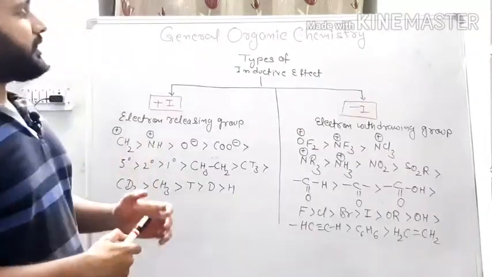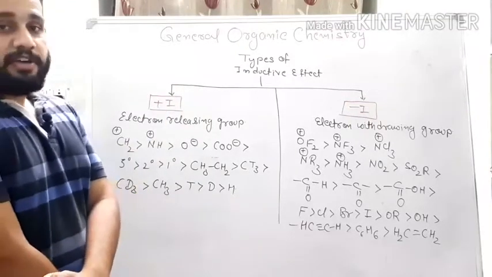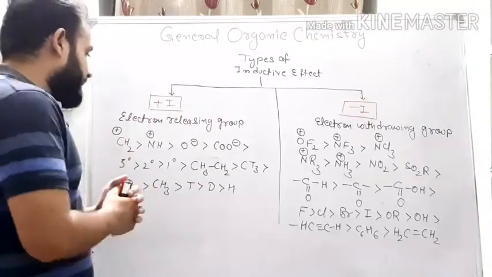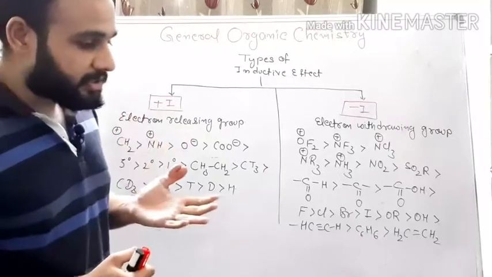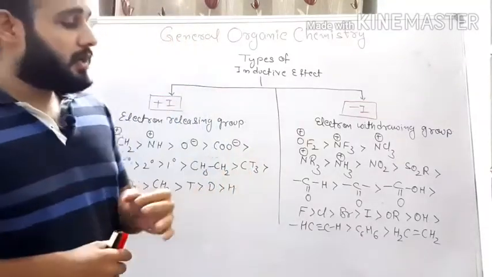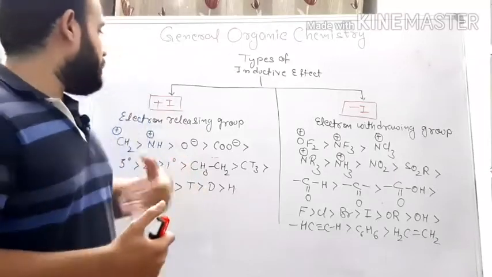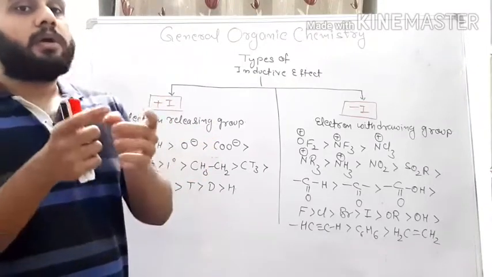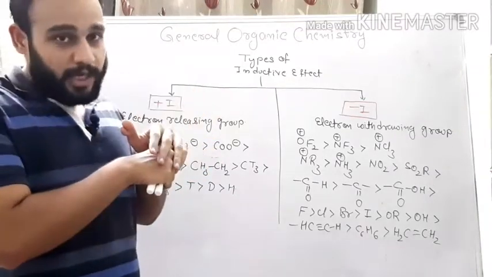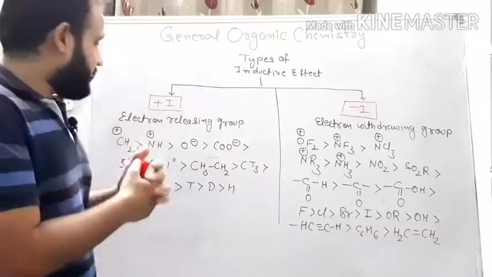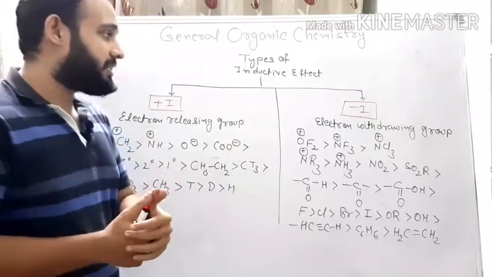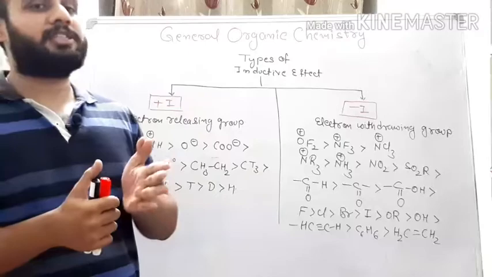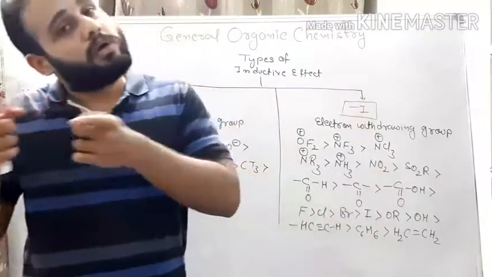Now we can talk about the types of inductive effect. We have 2 types of inductive effect, friends. The first one is plus I and the second one is minus I. Plus I are electron releasing groups, or the carbon chain having plus I inductive effect, meaning any group which can donate electrons, where electronic displacement of sigma electrons occurs from the group to the carbon chain. They are plus I groups, meaning electron release, and the next is minus I group, meaning electron withdrawing group, and here the electronic displacement occurs from the carbon chain to that group.